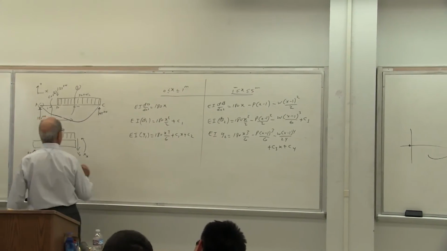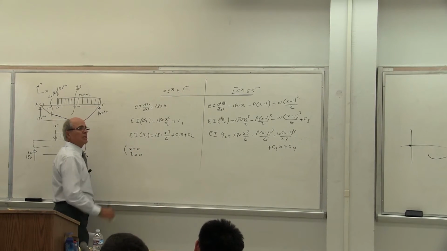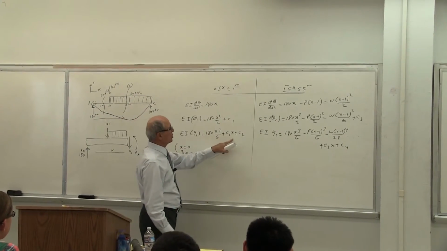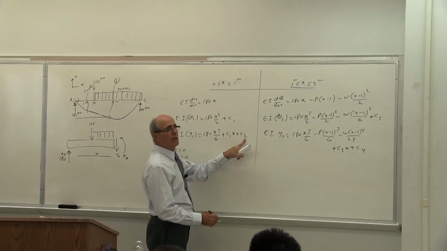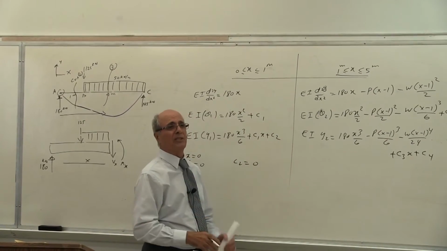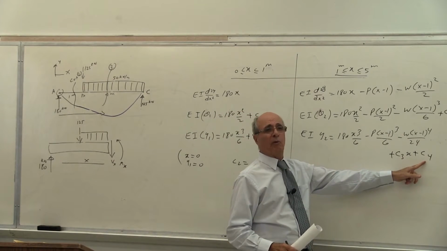Yes or no? So at X equal to 0, Y1 equal to 0, which is the black one, yes or no? Which many of you did correctly. So that means 0, 0, 0, C2 equal to 0. The funny part is this. They put here X equal to 0. Then they said C4 equal to 0.